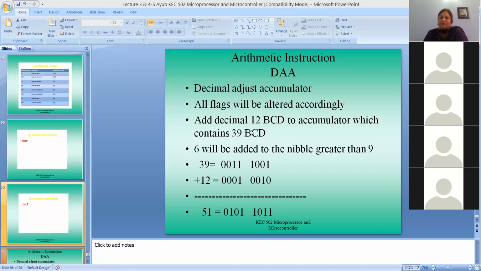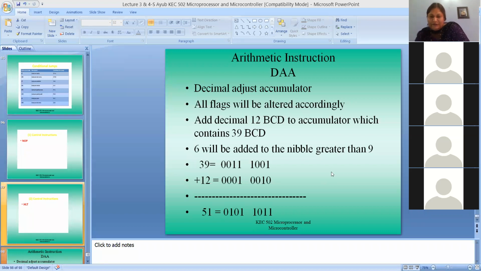Why is this done? Suppose you want to purchase bananas, and you say that you want 10 bananas. Then the banana seller will understand that you want 10 bananas and will give them to you. But suppose you say in hexadecimal language that you want A bananas. Then he will not understand how many bananas to give you. But if you tell him 10 bananas, then he will give you 10 bananas.